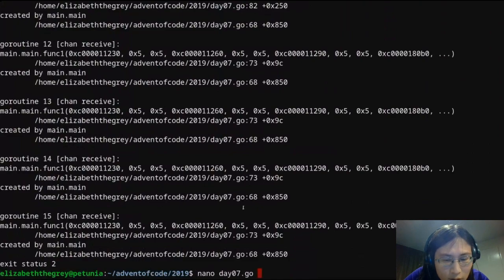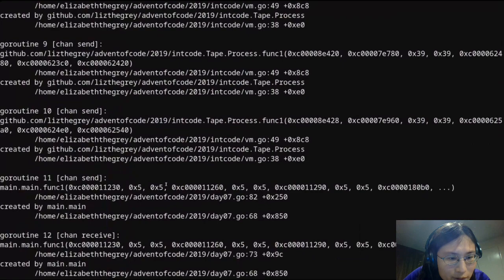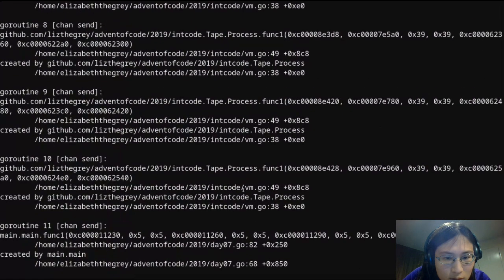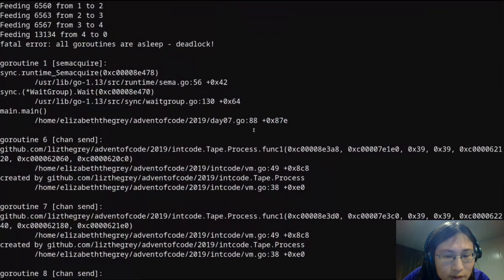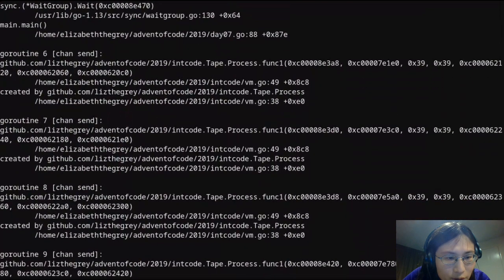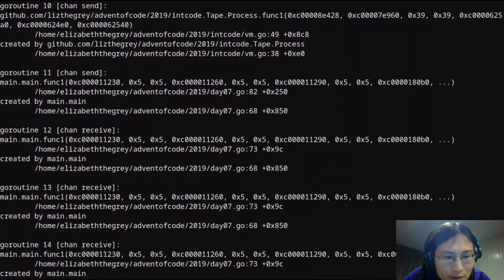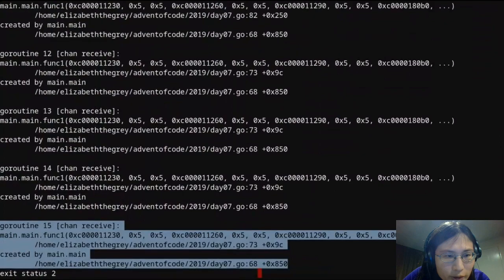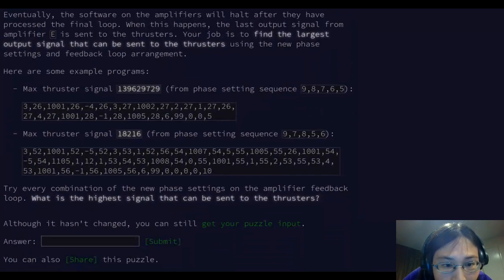Oh, I see. These are all the things that are trying to receive and retransmit. So all of these processors are trying to send values that are not being read. And all of the rest are trying to read values that are not being sent. So weird. It only fails after it hits a sufficiently large point.